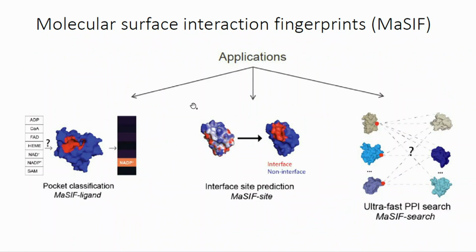For example, for a given pocket, a given surface, you could use it to classify what kind of ligand binds to the surface as a classification task. And you could also do binding site prediction. If you have enough training data, you will be able to know what kind of surface serves as the interaction binding site. And finally, they have this kind of retrieval type algorithm that enables very fast search between different proteins for potential candidates that can bind to a given surface or given domain or given pocket.